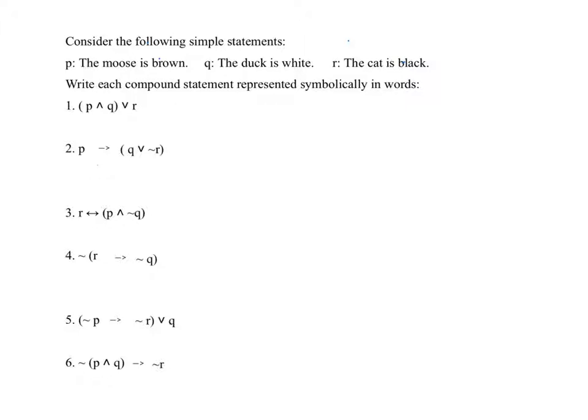So if our statements are the moose is brown, the duck is white, and the cat is black, P, Q, R, then let's write each of these compound statements in words. So I have P and Q in parentheses, or R. So P and Q means, if P is the moose is brown and Q is the duck is white, the moose is brown and the duck is white. So I'm going to say